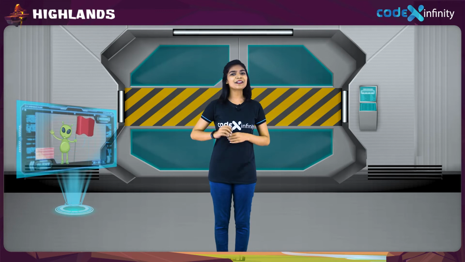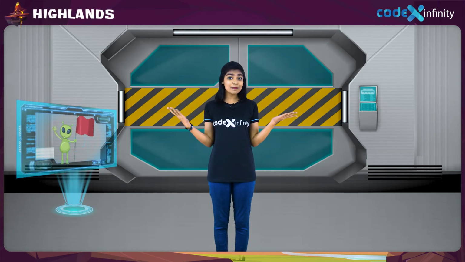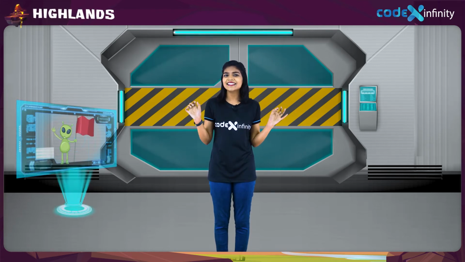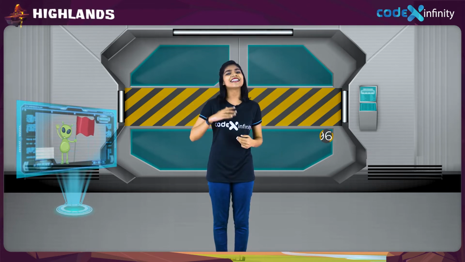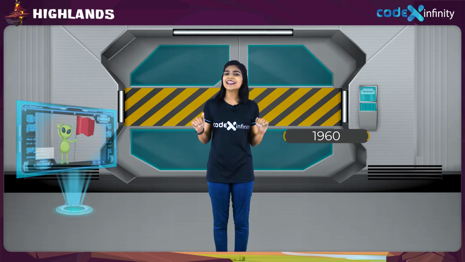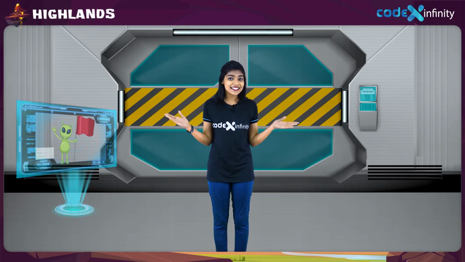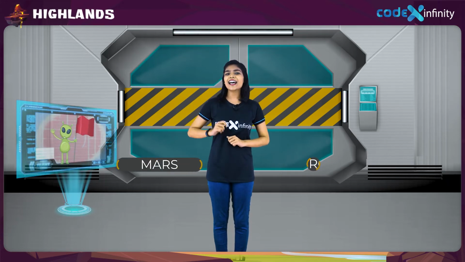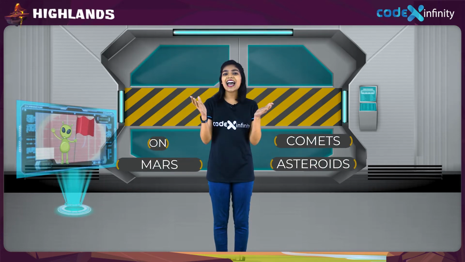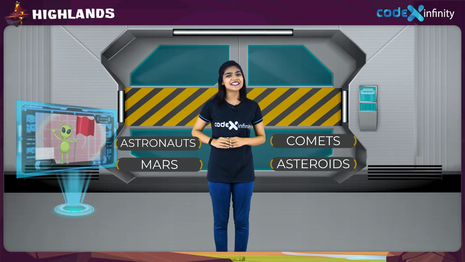In the last number of years, we have learned more about space than at any other time in history. We began sending rockets to space in the 1960s, and here we are 60 years later watching images sent from the mission in Mars, asteroids, comets and astronauts living in the space station orbiting